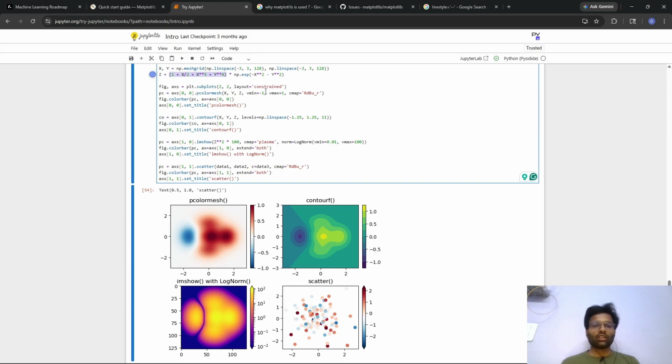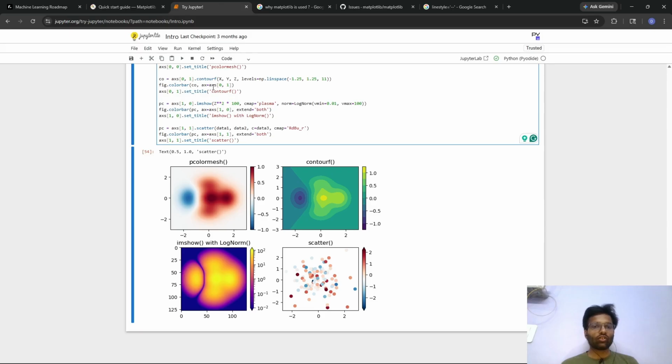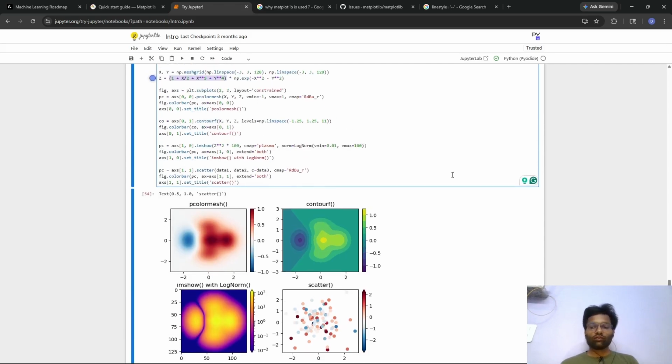Now based on this, we are just doing a heat map. How to draw a heat map? Color bar on the right side, more saturated. Then x, y, z, three axes. vmin, vmax, red, blue colors, and pcolormesh is already defined. Contour functions are defined, and imshow with LogNorm is defined, scatter is also defined. So these are all predefined. And for the contour, you want the three data sets,